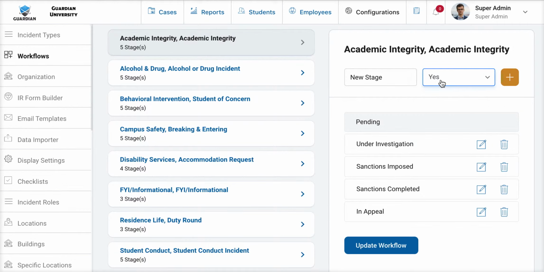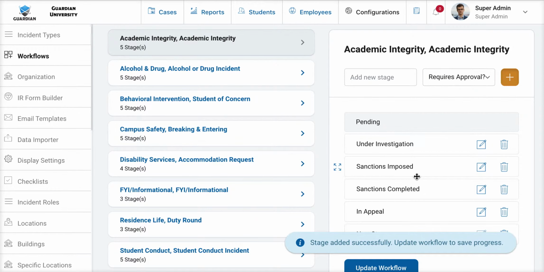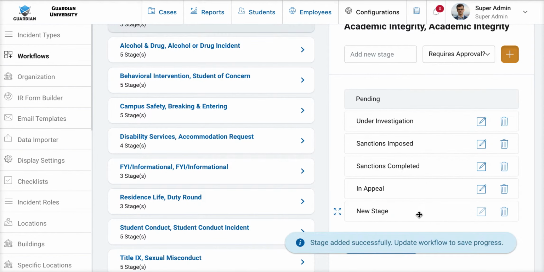Now, if we add this stage to our process, when a hearing officer attempts to move a case to this particular stage, it will generate an automatic email to you as an administrator or anyone else noted as an administrator for this workflow to review the information and approve or deny the movement of that particular case to this stage. For example, we will just say no and simply click the plus button, and it adds it to our workflow